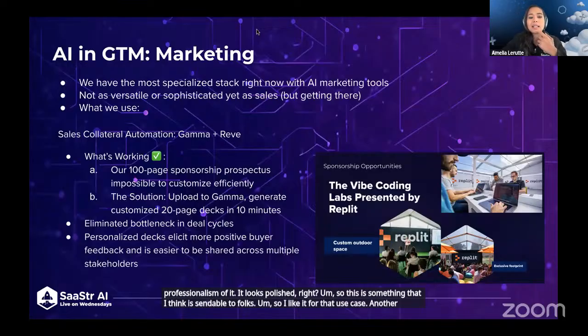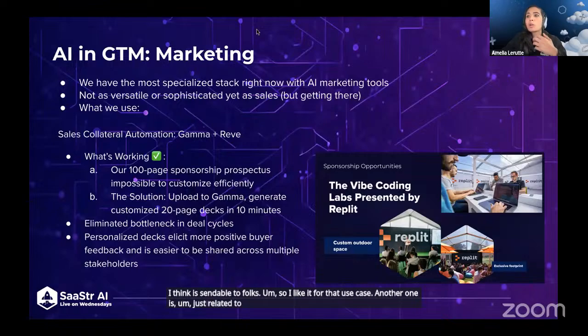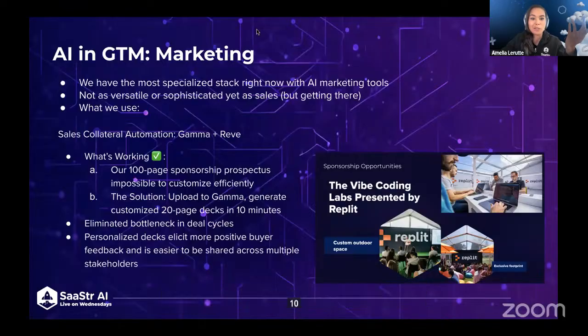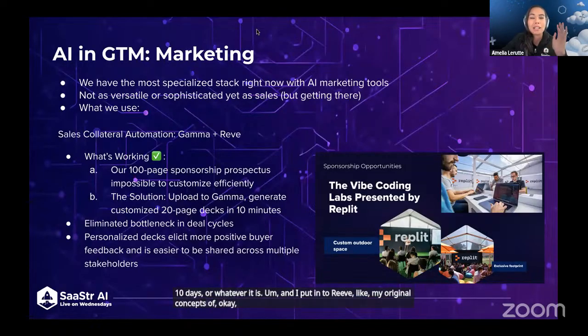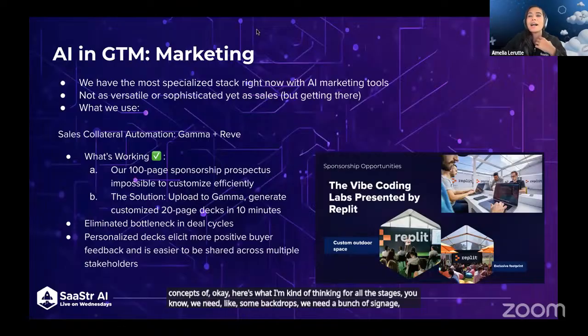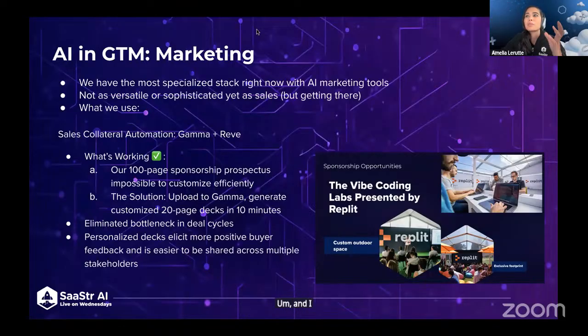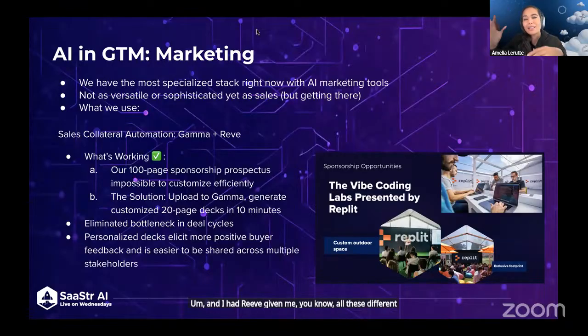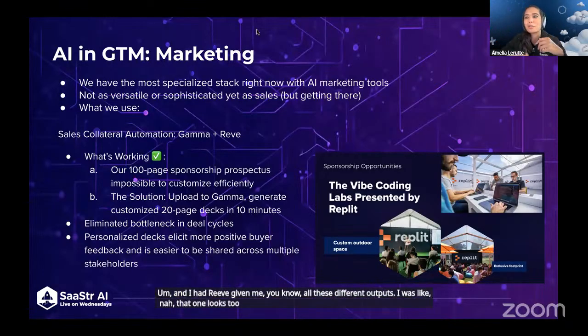Another one is just related to marketing. We're doing all these assets for SaaStr London in 10 days or whatever it is. And I put into Reeve my original concepts of, okay, here's what I'm kind of thinking for all the stages. We need some backdrops, we need a bunch of signage. And I had Reeve give me all these different outputs. I was like, no, that one looks too trite. That one is too overdone. That one's too boring. It's really good for storyboarding, which I feel like is a good superpower of it too,